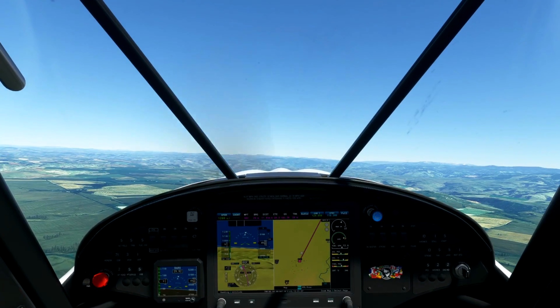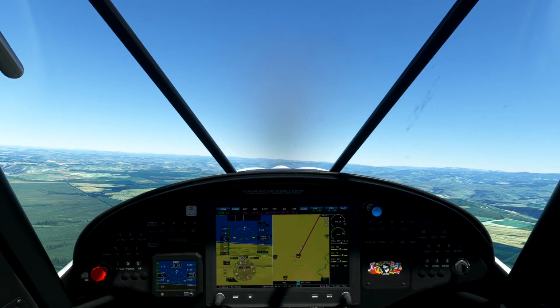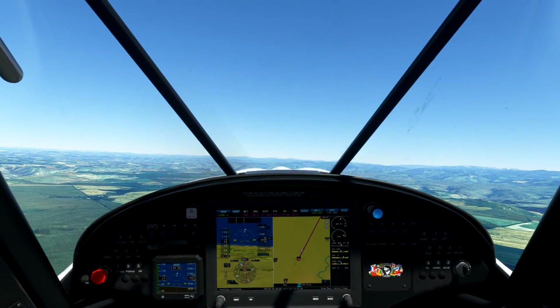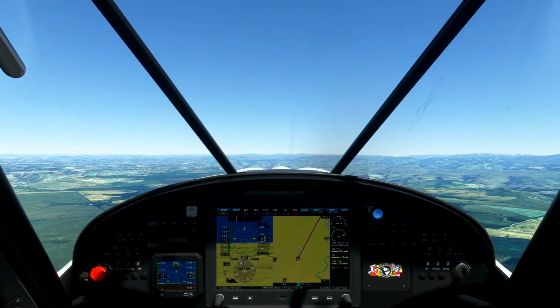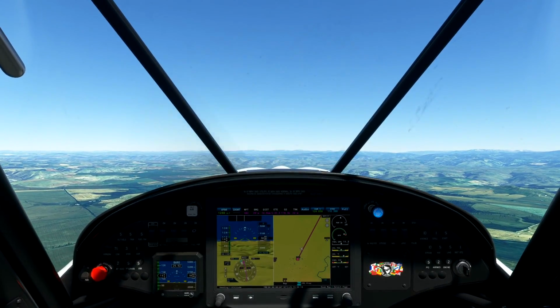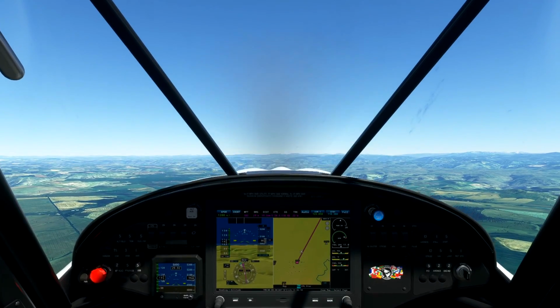It'll be my first time in here. If live weather updates as well, we may actually see some rain. But I think we would have seen it already since it's only 11 miles away. I don't know if there's an issue, once again, with the live weather. I was working on one of my other flights, but...